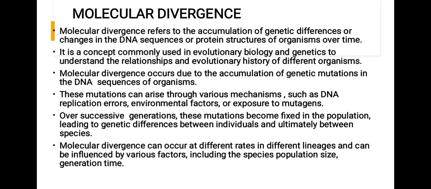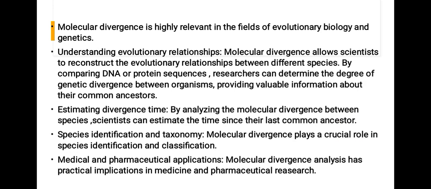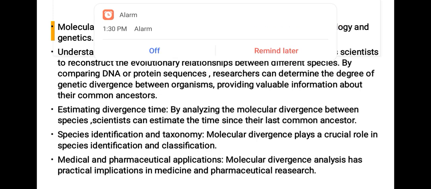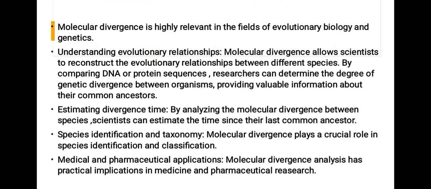Molecular divergence can occur at different rates in different genes and can be influenced by various factors including the species, population size, and generation time. Molecular divergence is highly relevant in the field of evolutionary biology and genetics. Understanding evolutionary relationships: molecular divergence allows scientists to reconstruct the evolutionary relationship between different species. By comparing DNA or protein sequences, researchers can determine the degree of genetic divergence between organisms, providing valuable information about their common ancestors. When estimating divergence time, by analyzing the molecular divergence between species, scientists can estimate the time since